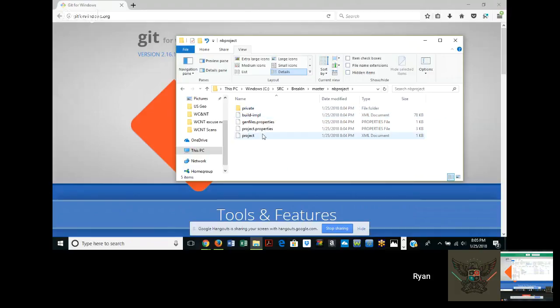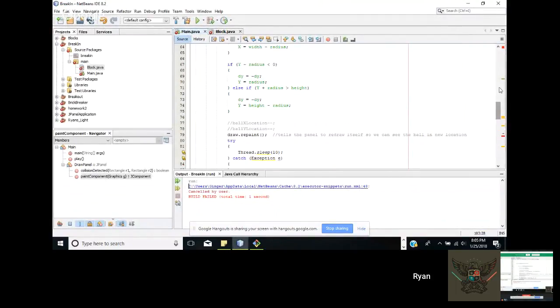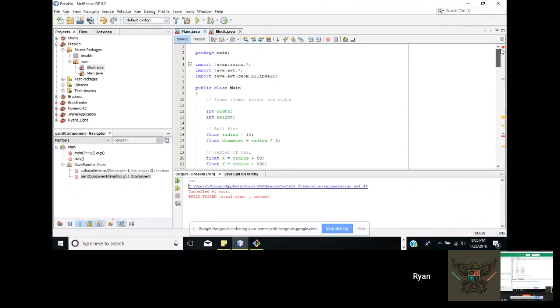Actually, let's try you out. Ryan, let's open up your NetBeans. Here's my NetBeans. And so we're going to close your other projects. Keep your original break-in on top, but what's your breakout? That's a different one. Okay, right mouse button click on breakout. Oh, my computer's lagging.